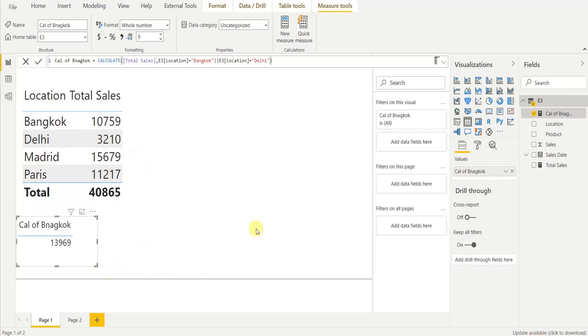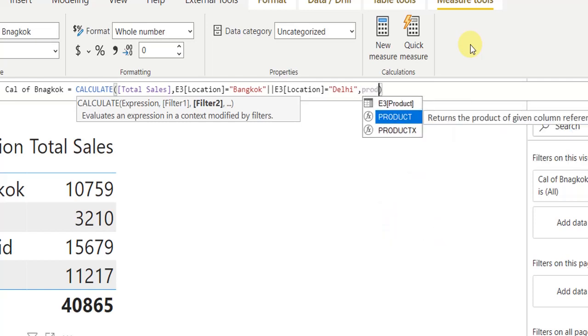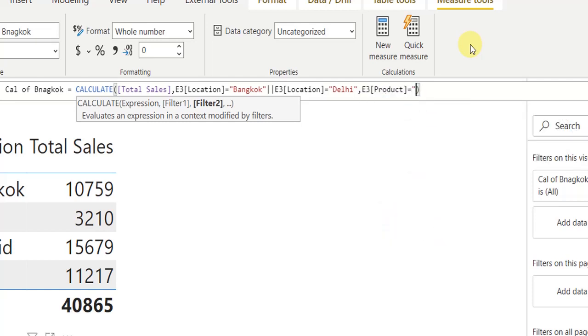What if you would like to apply multiple filters in the same measure? In that case, we will apply another condition, split by a comma, says product is equal to mango.